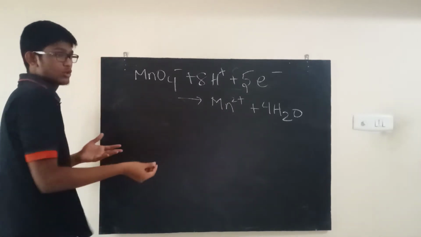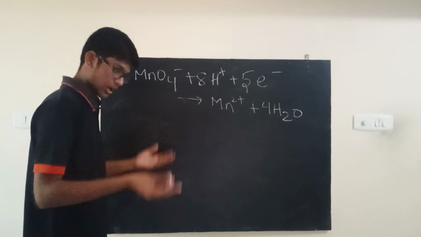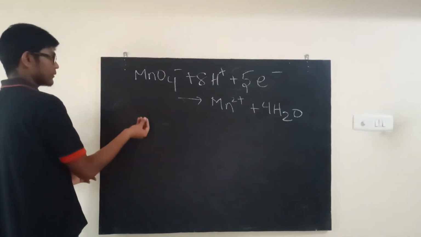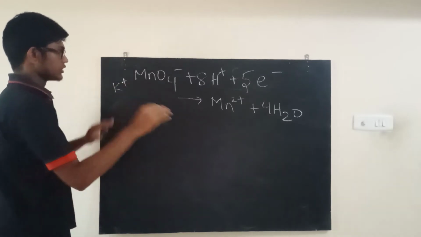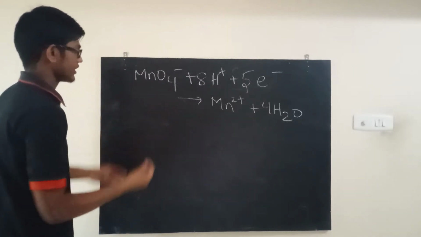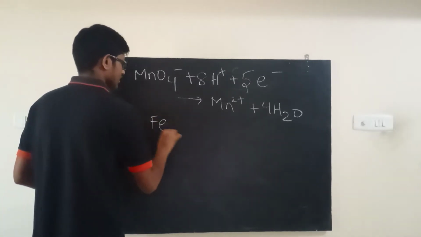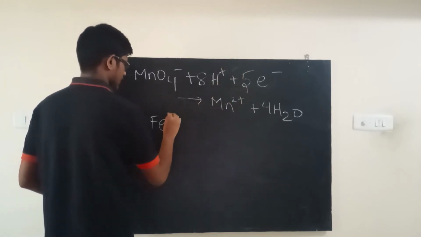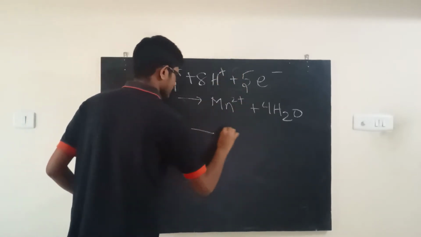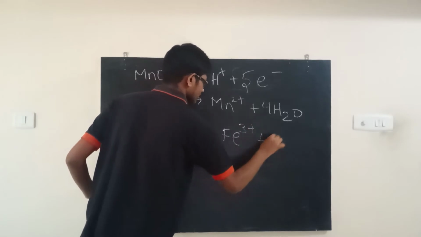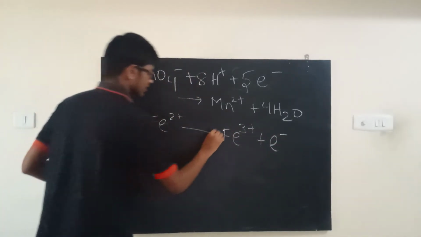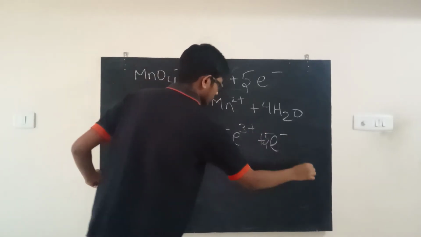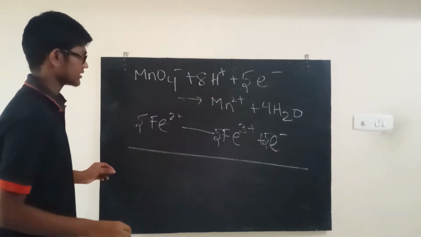But you should ask, well, Hari, MnO4 minus is never actually directly in solution, and you're right. It comes as KMnO4. But what can I do? I can just add K plus on both sides and that'll be fine, right? So generally this will come with another reaction of a reducing agent. For example, you have electrons on this side, so you want to have Fe2 plus giving Fe3 plus plus an electron, right? You write it like this. So these are two different reactions, and then you multiply this one by 5 to cancel out the electrons. This is what we call the ion-electron method of balancing redox reactions.